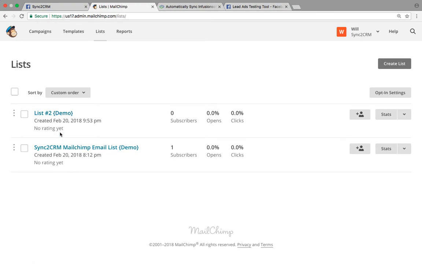Notice that we've got 2 lists here in our Mailchimp account. We're just going to be using the Sync2CRM Mailchimp email list here, but do pay attention to list 2, as I'll reference that when we're setting up a few things in the Sync2CRM platform. So we'll click in,